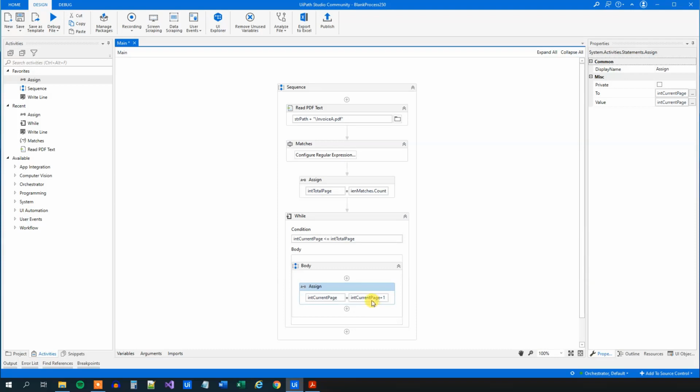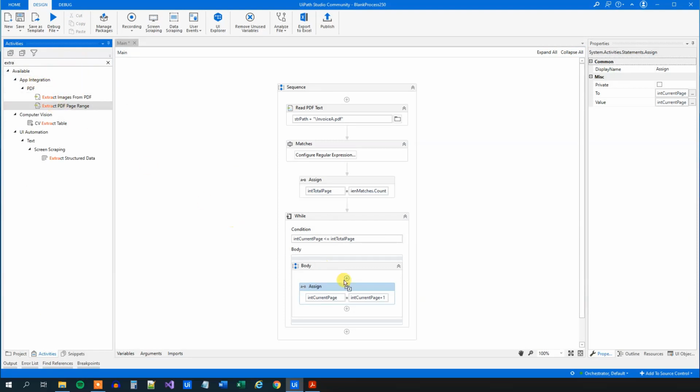So now what we'll do here is that we can run this. So the first time we will split, and we will take the page 1 out. Then we will add 1 to it. We can take page 2 out and page 3 all the way up to the int total page. Does that make sense? If not, I'll show you how. So we will find an extract